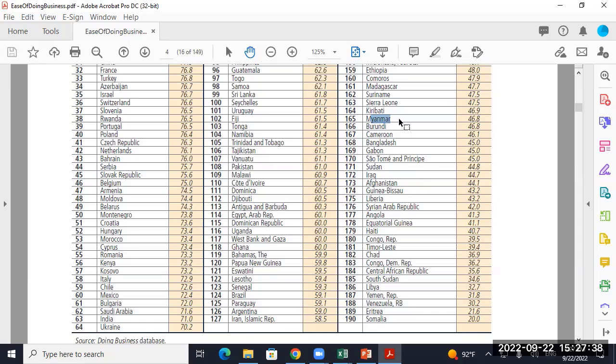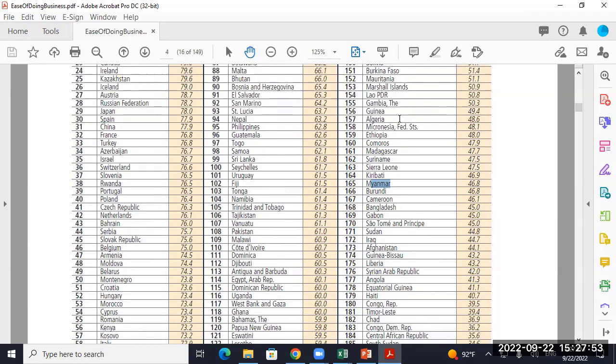This is the reason I listen to The Economist every single week. I don't know how many of y'all listen to The Economist, but they go around the entire world and tell you what's going on in Peru, what's going on in Myanmar, what's going on in Malaysia. They tell you all these countries. Comoros, have y'all been there before?